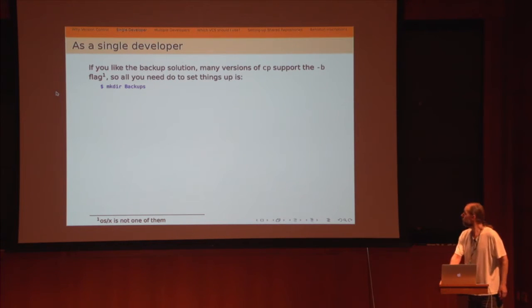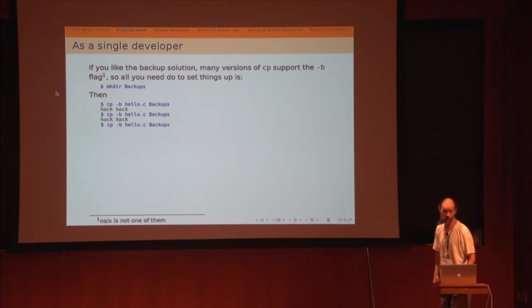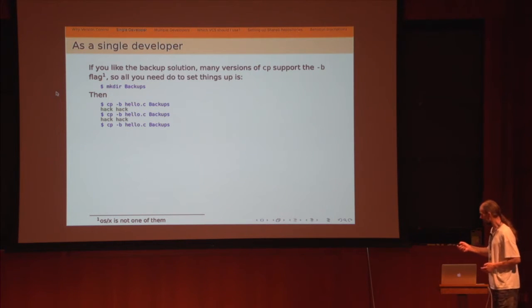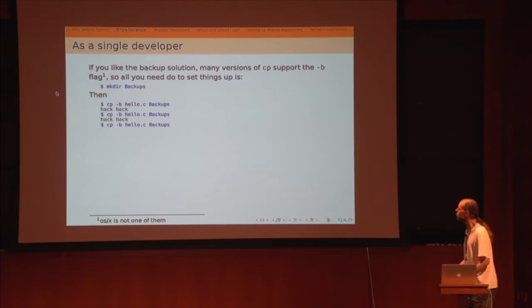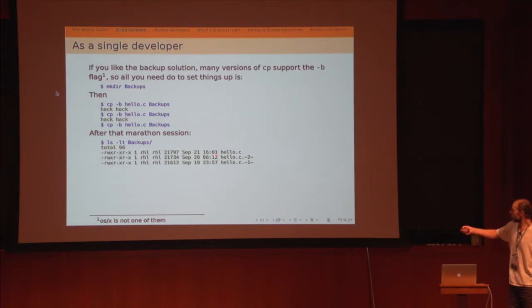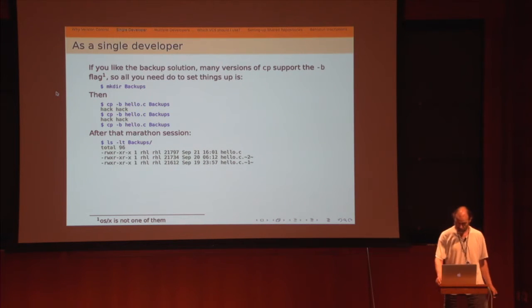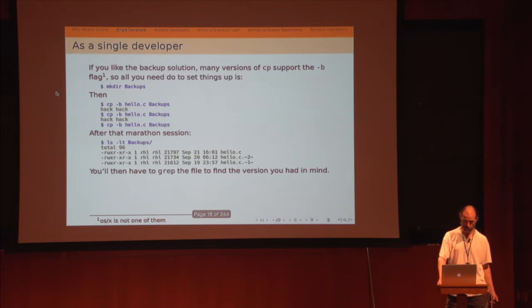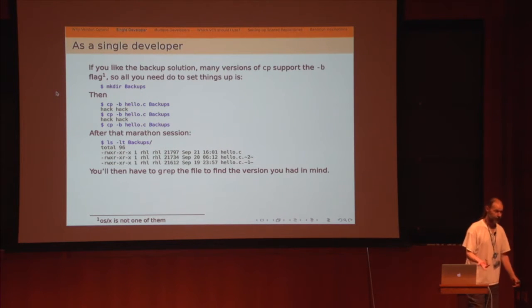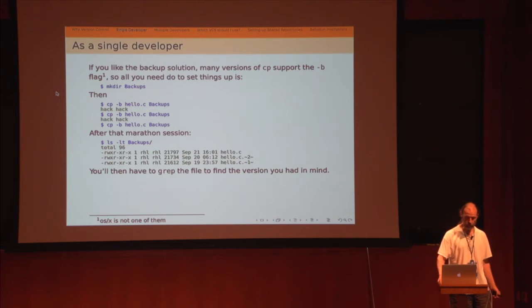So all you need to do is run mkdir backups, then you say cp -b because of the magic -b flag, and you make a copy into the backups, you hack and you hack and you hack, and you do it again, and you do it again in a very disciplined way. And finally, you can do an ls, and you discover you have all these files with magic twiddles in, and you have a chance of going back to the version you started out with. So that solves the problem of ending up with uncompilable code. Now, of course, you have to grep next to find the version you actually wanted. But, you know, it's better than my thesis advisor needing the results now scenario.